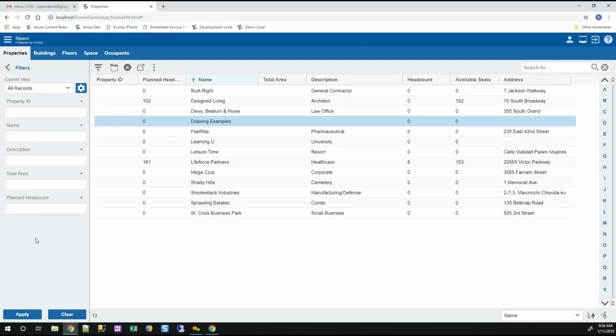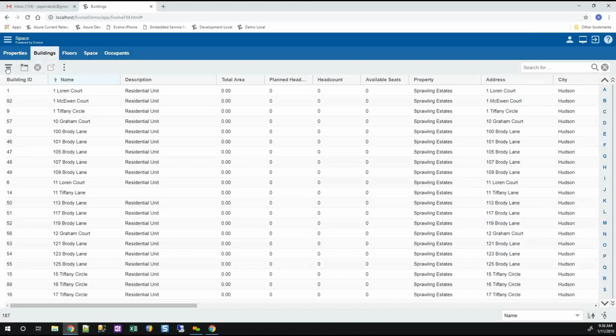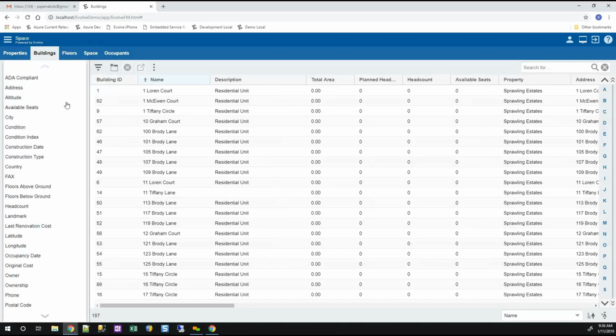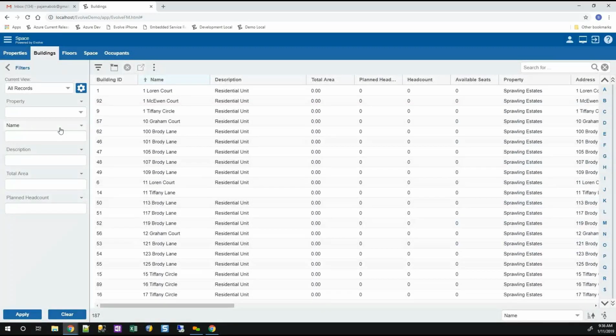And then you have essentially on most grids, virtually every grid, 5 filters that you can work at any one given time. However, every single column in the grid is available to you to filter on. All you have to do is pick it, and that's what you're going to see. Some of these columns, and actually let me go to buildings because it's easier to demonstrate this here. Some of these columns will show up as drop-downs. So if I go to property, which has a fixed,